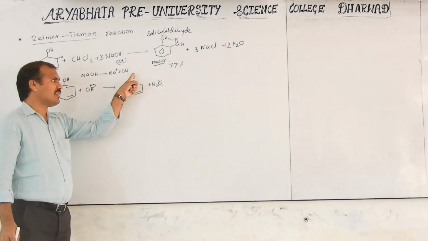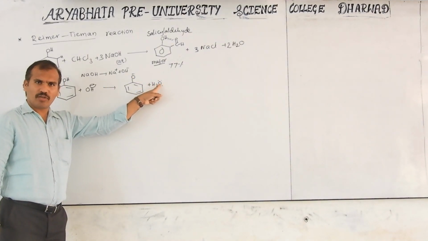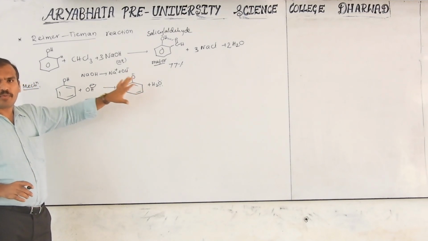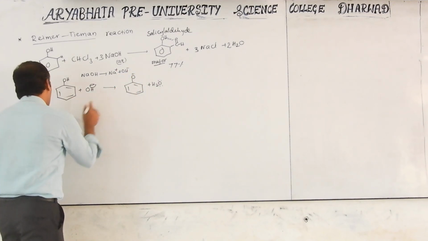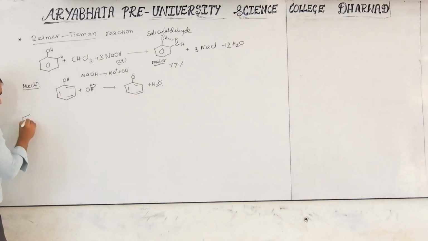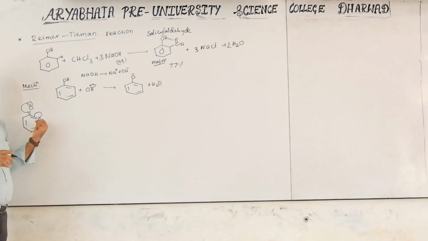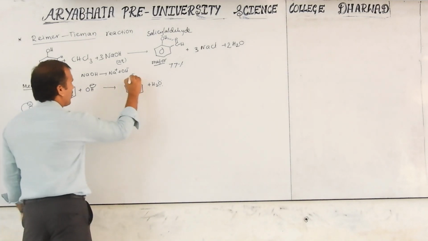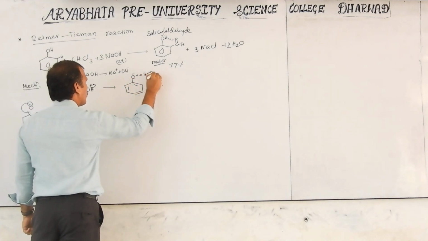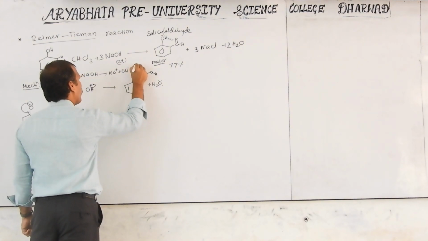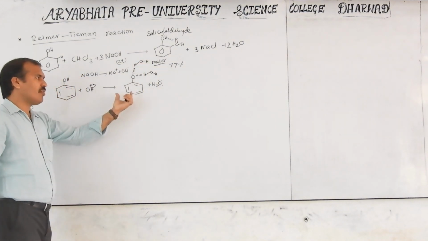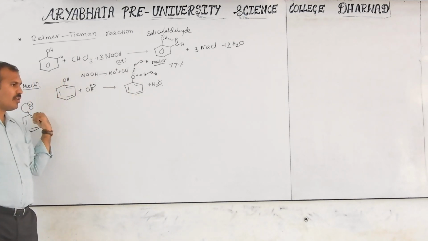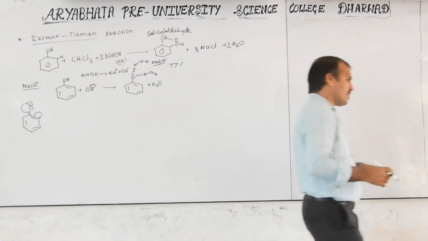Already I told you that this negative charge forms a hydrogen bond with the water molecule, then it loses its nucleophilic character, so it is less nucleophilic. That is its resonance stabilization. This will come here, and this negative charge has more nucleophilic character than this one. The reason, as already told, is that this one forms a hydrogen bond with the water molecule. That's why its nucleophilic character is less than this one. Later we will discuss how it reacts.